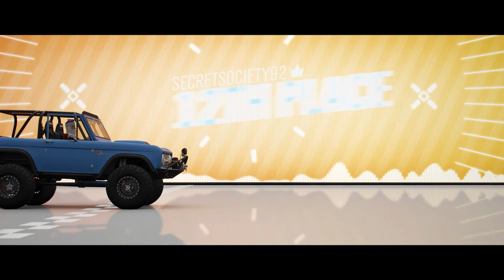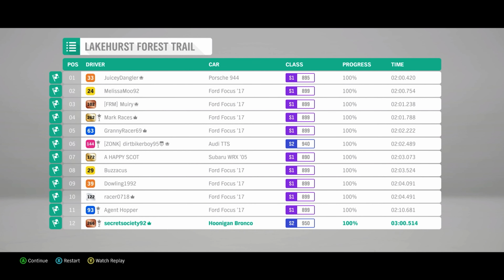175 across the finish line there, and a time of 2 minutes 5.514 seconds, making this the 8th fastest vehicle we've had on this series so far, and I am incredibly impressed. I think that's the most powerful car that we've had in the top 10, to be honest. I'd have to check that and pin a comment underneath this video to make sure, but it's managed to beat